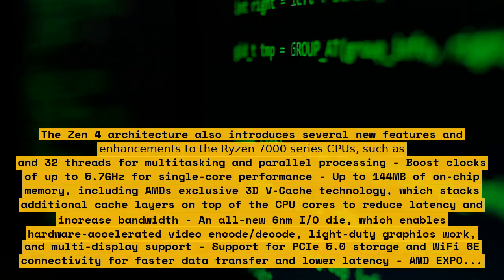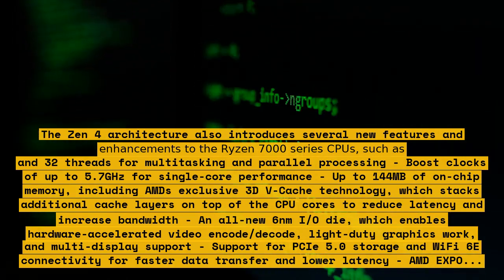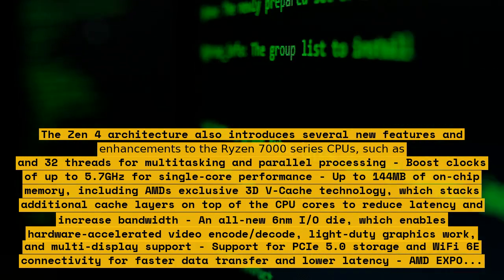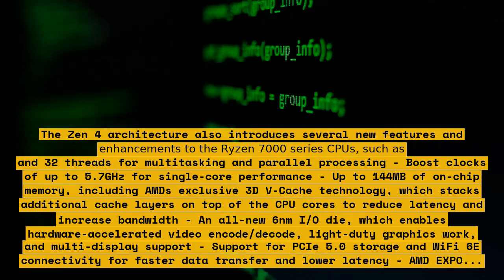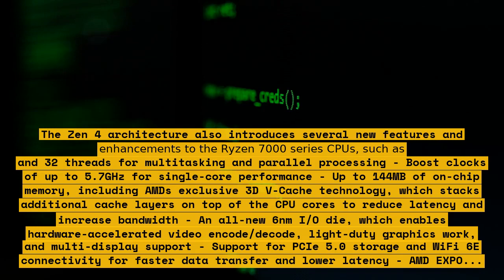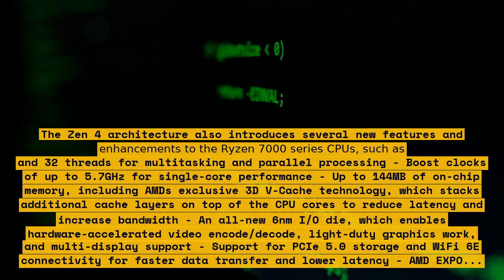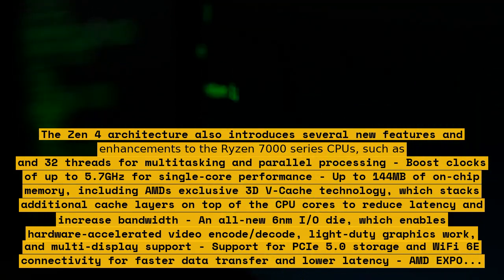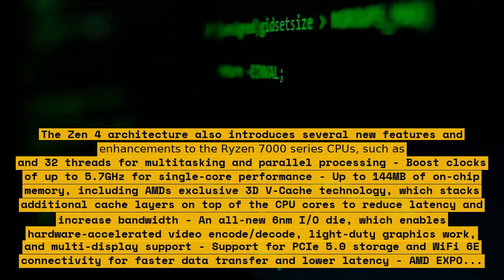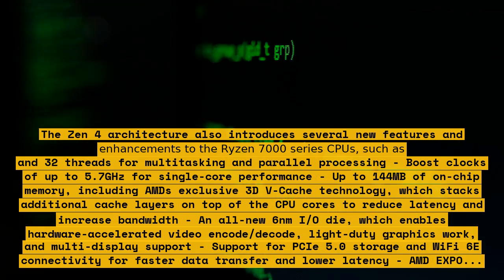The Zen 4 architecture also introduces several new features and enhancements to the Ryzen 7000 series CPUs, such as up to 16 cores and 32 threads for multitasking and parallel processing, boost clocks of up to 5.7 GHz for single-core performance, up to 144 MB of on-chip memory, including AMD's exclusive 3D V-cache technology, which stacks additional cache layers on top of the CPU cores to reduce latency and increase bandwidth, an all-new 6nm I/O die,